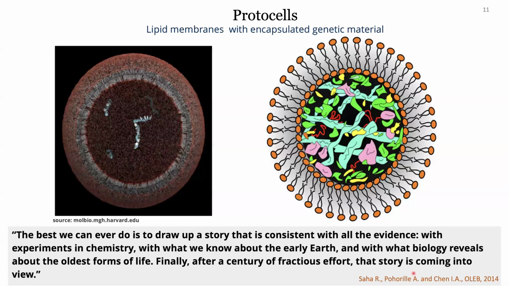So protocells, or these primordial cells, fundamentally are a bilayer-constrained system, like a tennis ball. Take a tennis ball and cut it open, and that's what you're seeing here. Your bilayer is the cell membrane. Inside it has a genetic material of some sort, like an RNA or a DNA, and it's thought to have been powered by some minimal metabolic network.